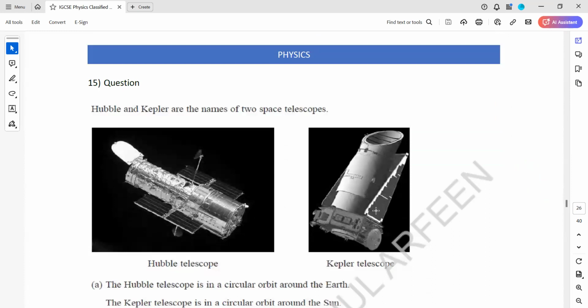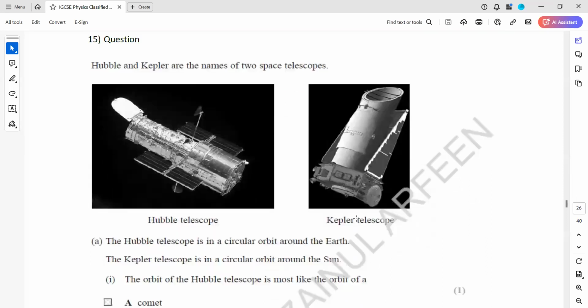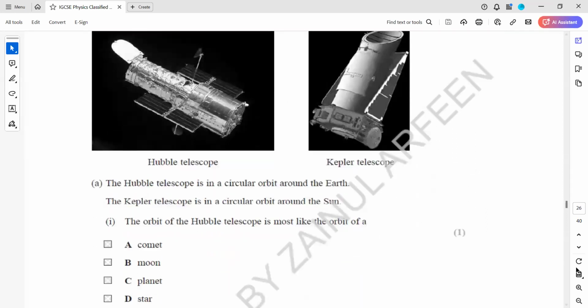Question 15 shows the Hubble and the Kepler, which are the names of two telescopes. You can see this one is the Hubble telescope, and this was the Kepler telescope. The Hubble telescope is in a circular orbit around the Earth. The Kepler is around the Sun. So the orbit of the Hubble is most likely to be